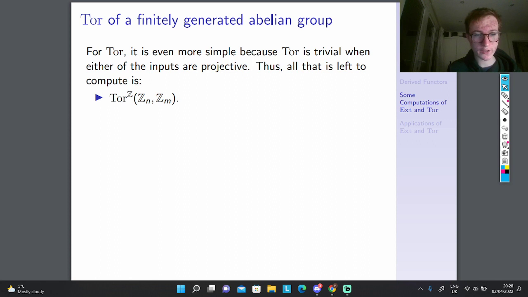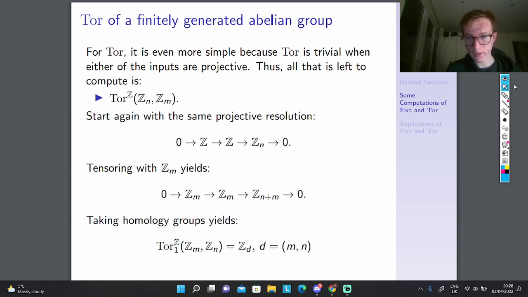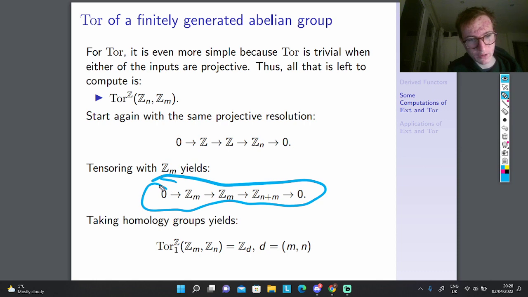So, let's do that. Again, we start with the same projective resolution. Then, once we tensor with the integers mod m, we get this weird looking chain complex. And taking the homology groups,